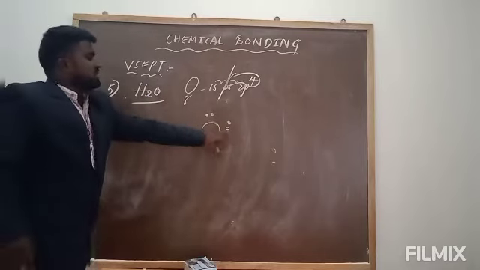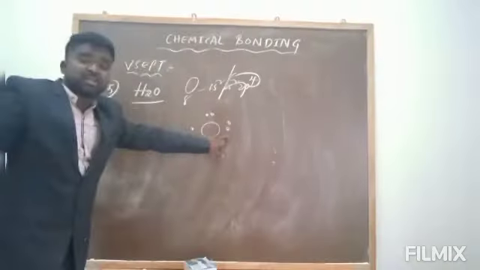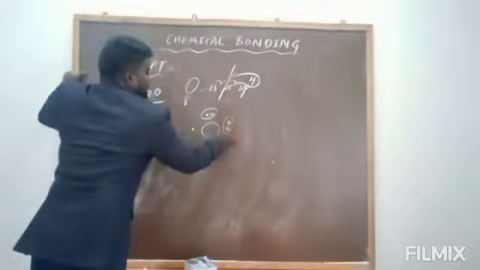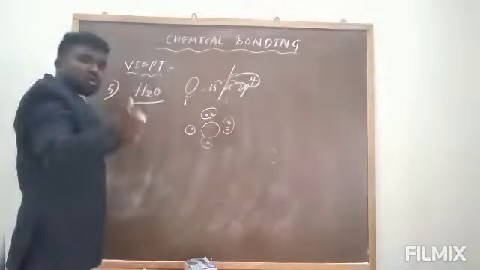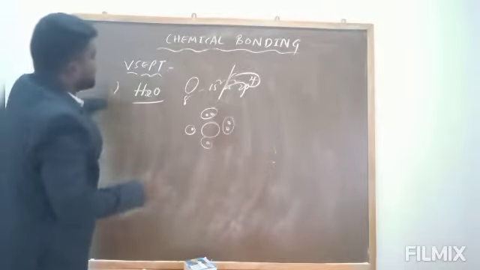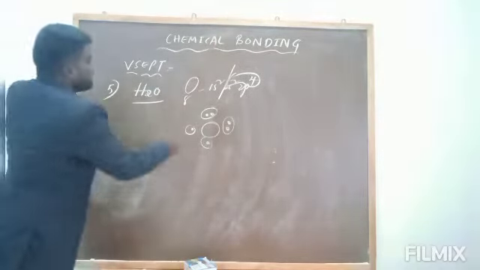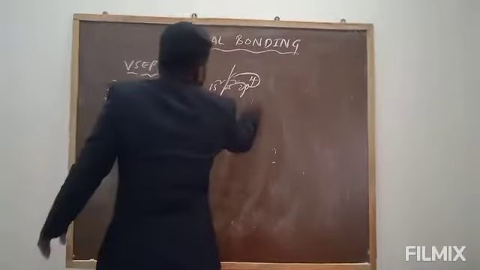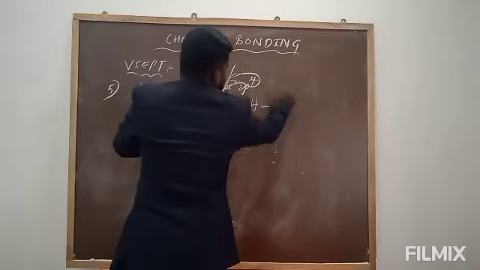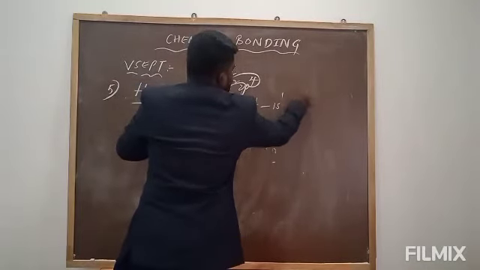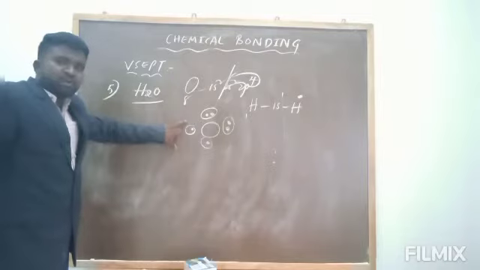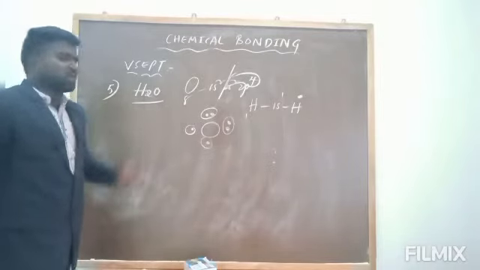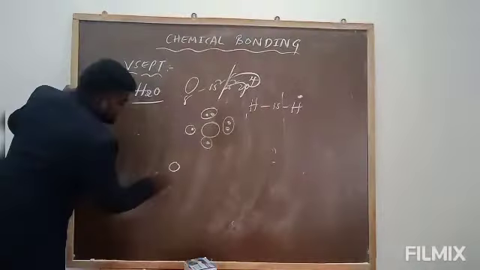Now how many lone pairs are there? 2 lone pairs, 1 and 2. How many bonding electrons? 1, 2. So 2 lone pairs and 2 bonding electrons are there on the oxygen. Now hydrogen: atomic number 1, configuration 1s1. So how many dots will you get? Only 1 dot. Now oxygen is going to form bonds with 2 hydrogens. Now the structure will be